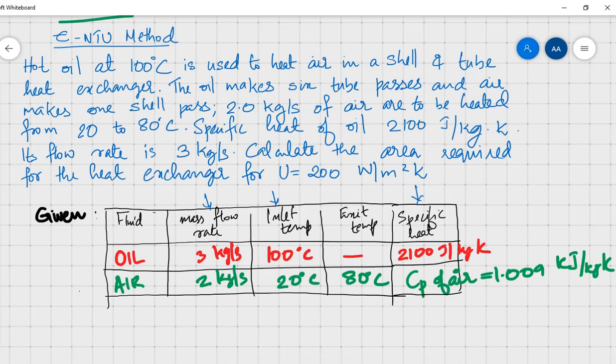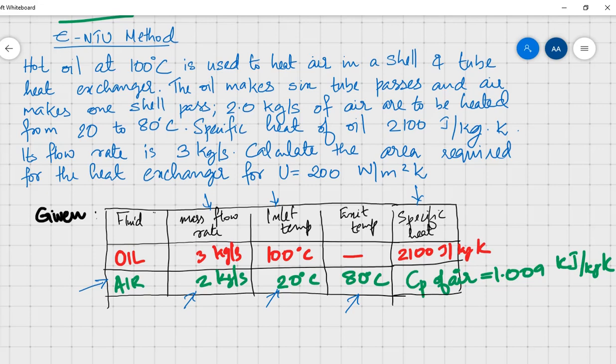While for the cold fluid, which happens to be air in this case, the mass flow rate is given, the inlet as well as the exit temperatures are given. Though not explicitly stated, the specific heat of air is to be taken as Cp of air, which is 1.009 kilojoules per kilogram Kelvin. Now from the given quantities, it is quite obvious that the effectiveness NTU method is not the